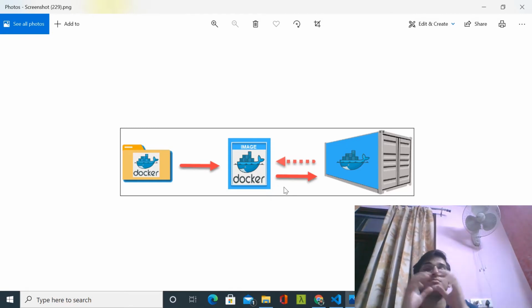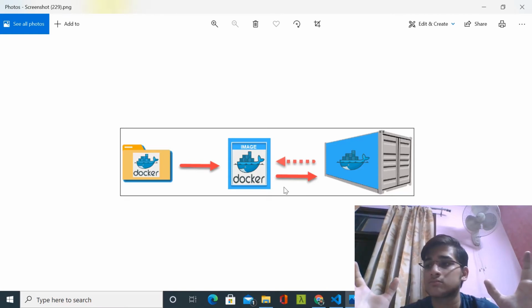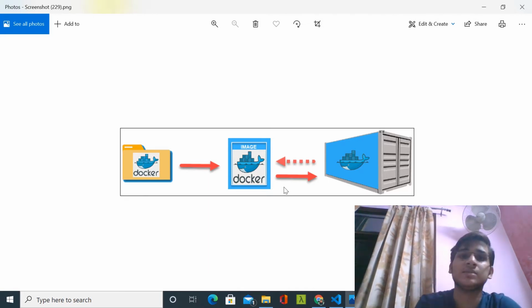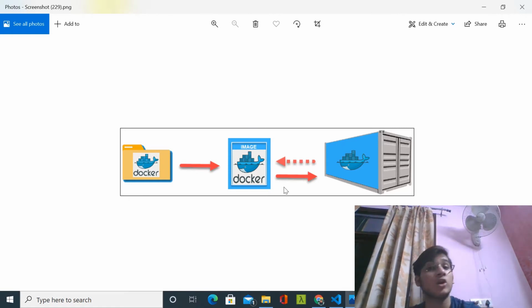You can imagine this as a bulb. The Docker file is like a sheet on which we have written all the plan of how to make a bulb. And by seeing that, someone makes a bulb, and that bulb is the image. But that bulb is not on, it is switched off. But when we switch on the bulb, that is our container. So we can understand this by this analogy.